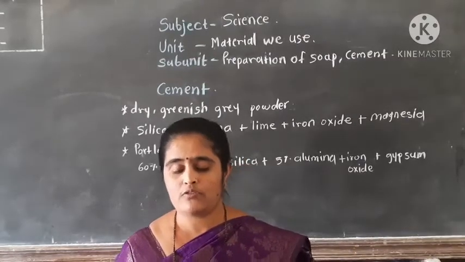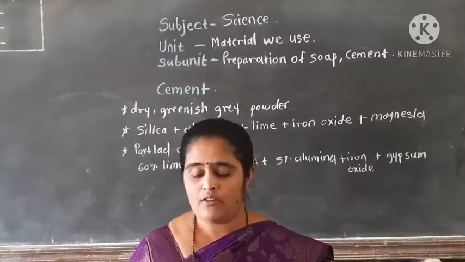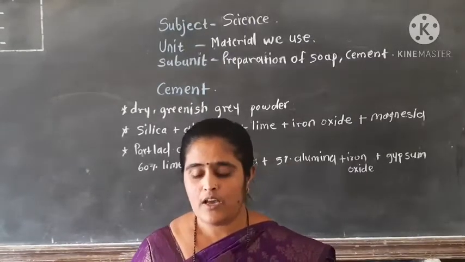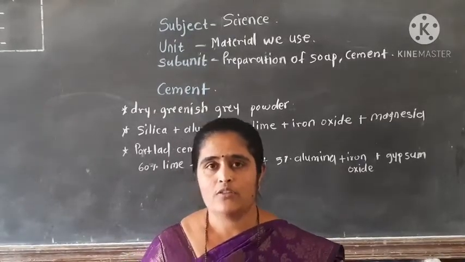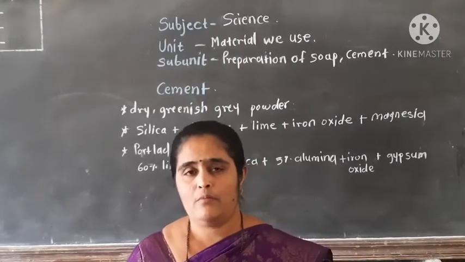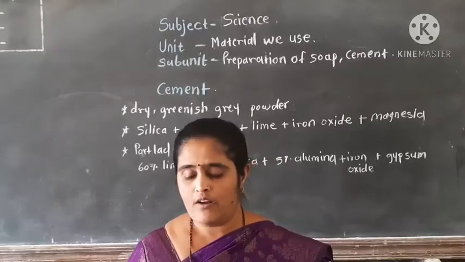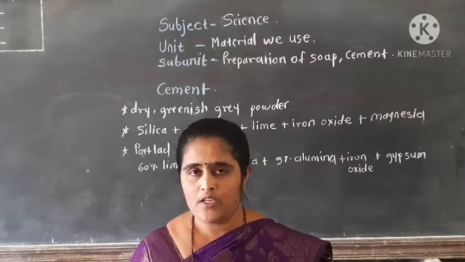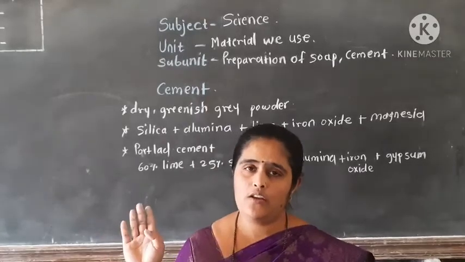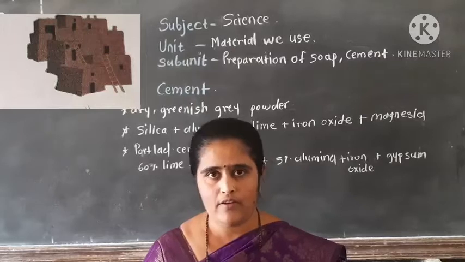We use different materials like rocks, soil, blocks, pillars, as well as cement for construction. Rocks, soil, cement, bricks, these different materials are used in construction. Next question: which of the houses seen in the pictures here have a strong structure and why? Some pictures are given here and you have to tell which construction is strong and why.